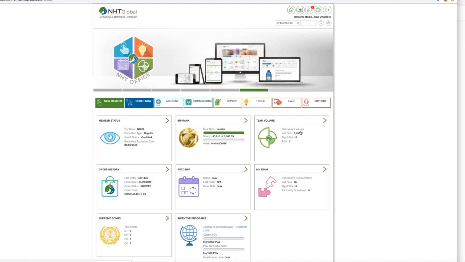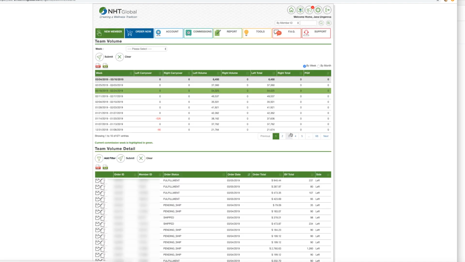BV here. Otherwise, if you click on this, this is really where you can keep track of all the volume that is being generated in your left and the right team. Basically, you just need to look at the left team volume that's being generated here. This is the right team volume being generated, and here you've got the total that's still there, and the right that is there in that same week. Obviously, that distributor is not doing very much because he quit, so there's no volume whatsoever, but this is where